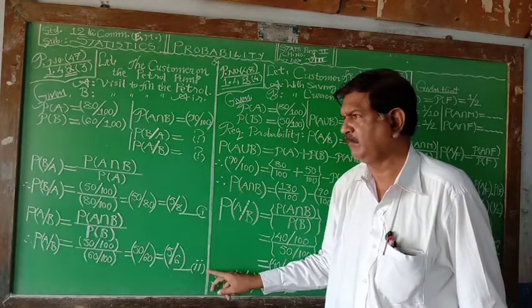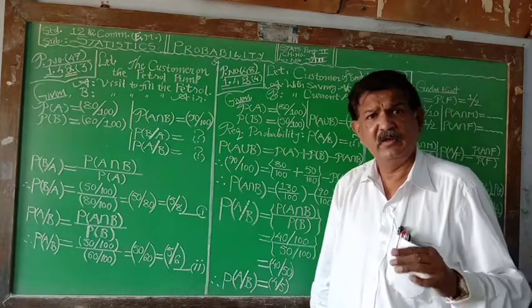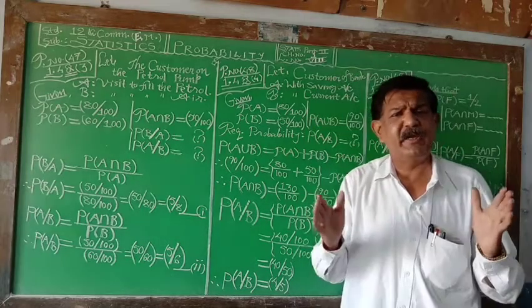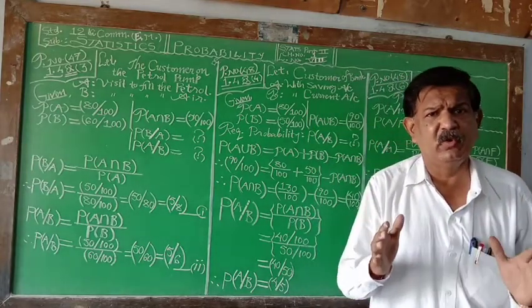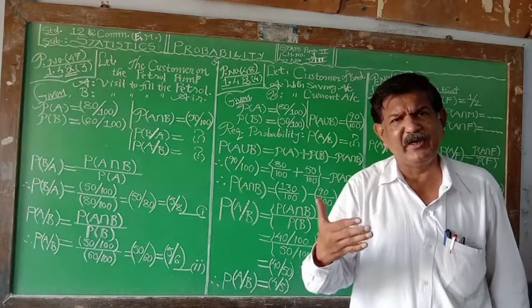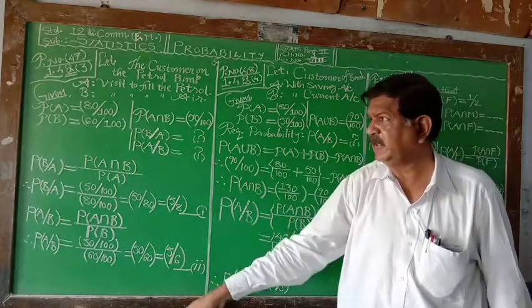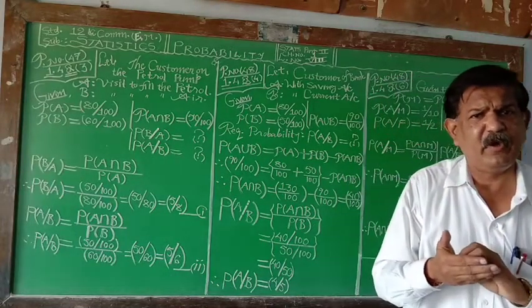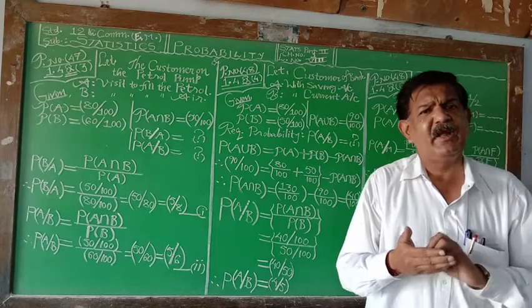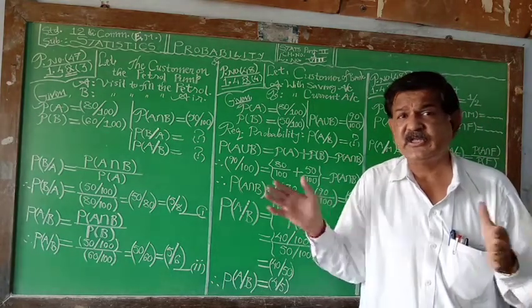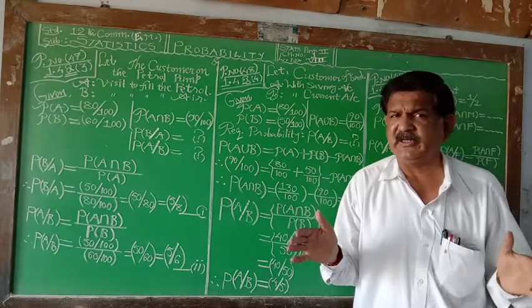Answer number 2. See, this is conditional probability, and keep the textbook with you. Keep the textbook, read the example, see the numericals twice, and then see the solution. There are examples based on the addition rule of probability, examples based on conditional probability, and various other examples. This is a technical, science-based chapter.